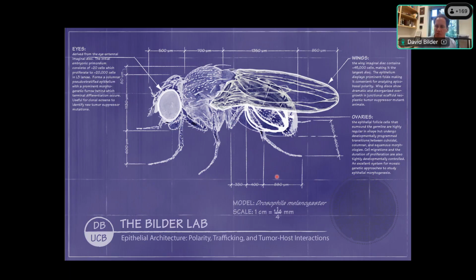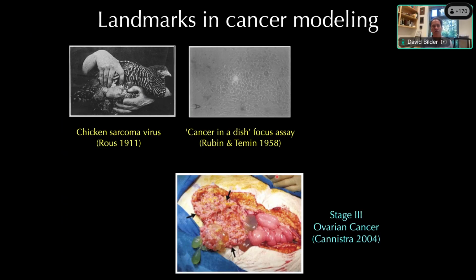And I want to do this in the beginning by using a slide that I use when I teach undergraduates. And this slide is really meant to emphasize the fact that some of the most important discoveries in cancer biology have come from very unexpected sources. And so this slide is about the discovery of oncogenes. And the discovery of oncogenes begins when a Long Island farmer brings a hen, a chicken, to Peyton Rous at the Rockefeller Institute. And Rous